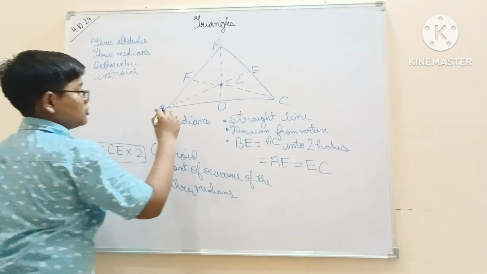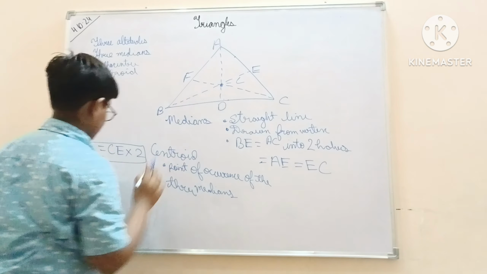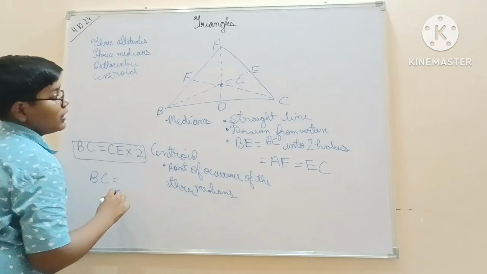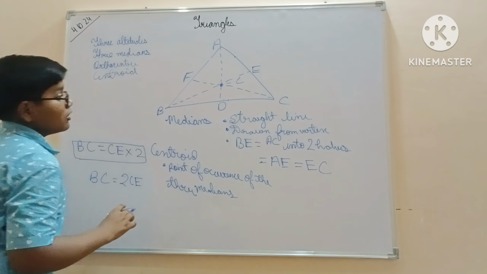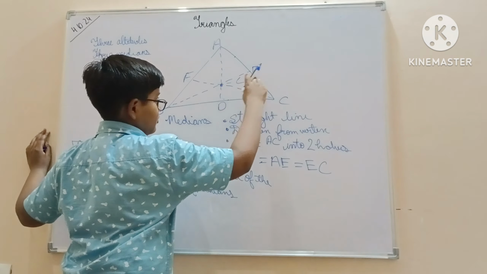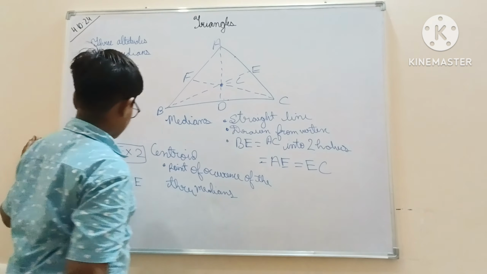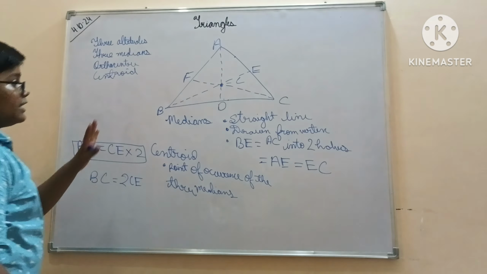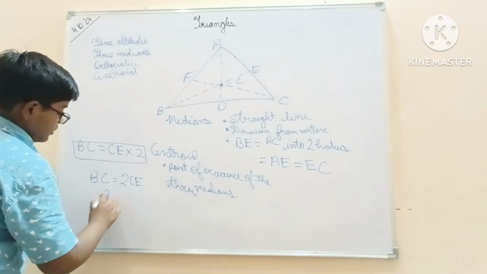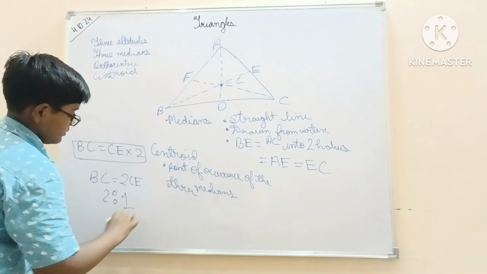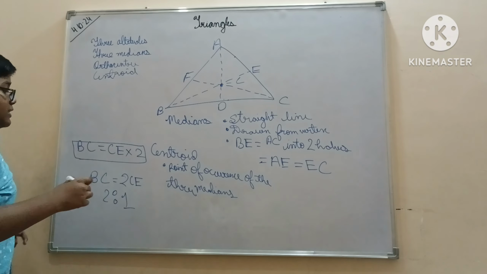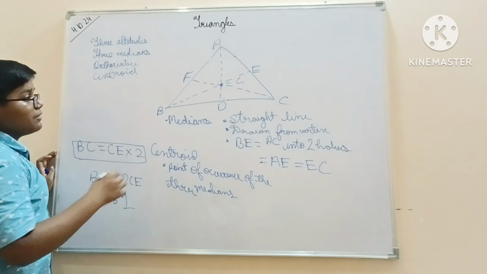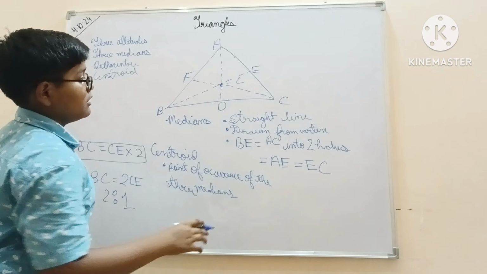C is this. So this whole line, BC, will be equal to CE, this line, C to E. There is a rule: each median divides itself in a 2:1 ratio. So we can state that BC is equal to CE into 2, and we can do this for all the three medians,